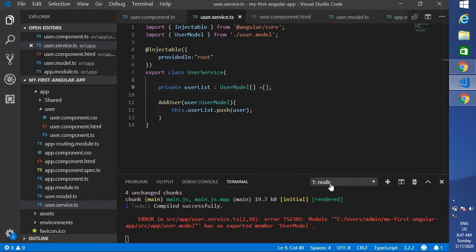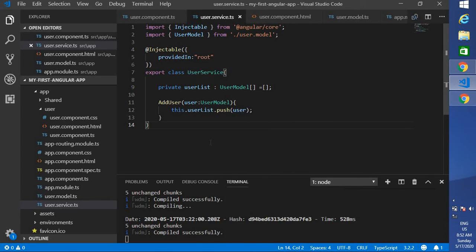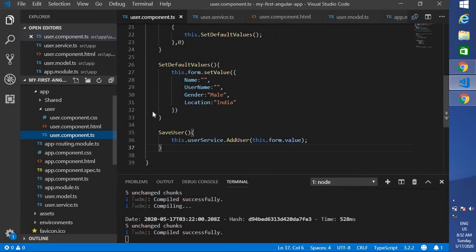Let me create it, it looks fine. Let's boot our user component.